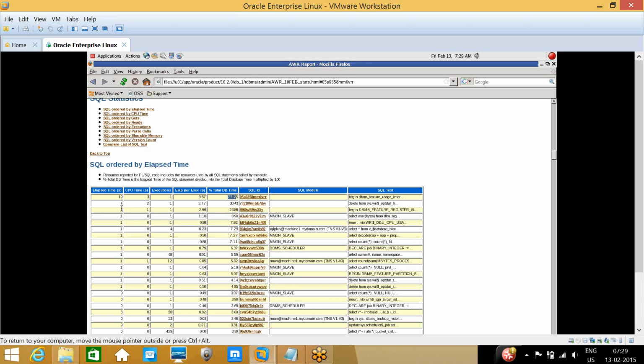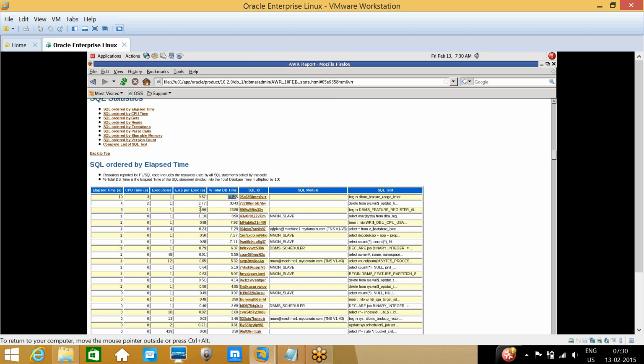It was showing 33,000 seconds for a single execution. And the CPU time percentile is also like 90%, and input output also like 90%.